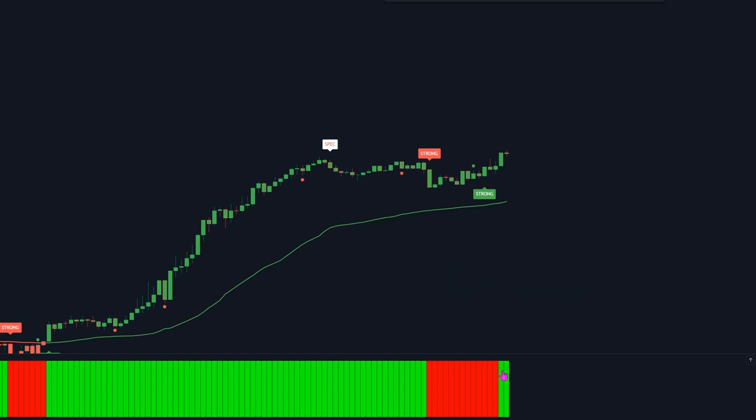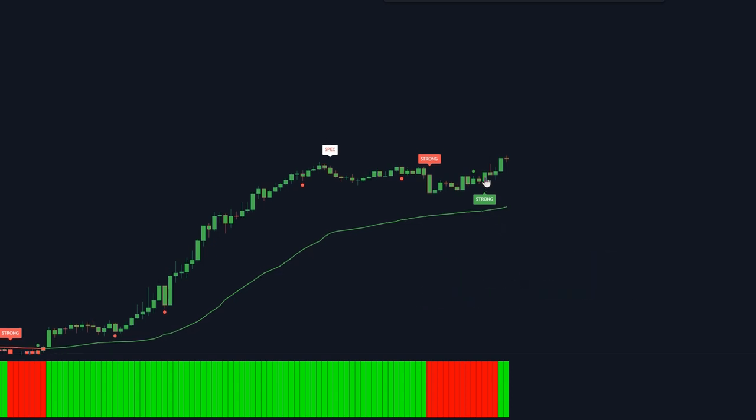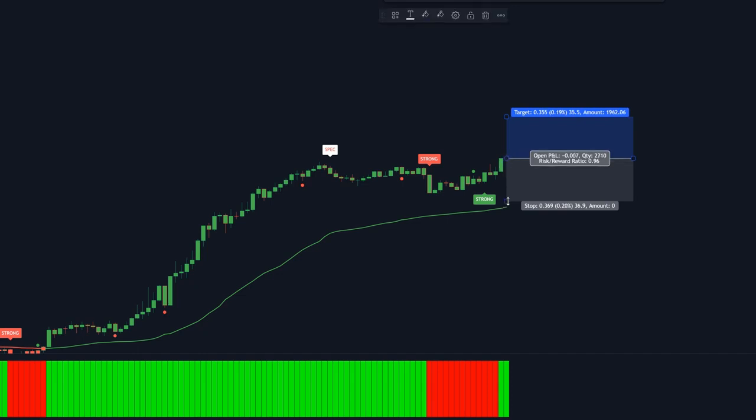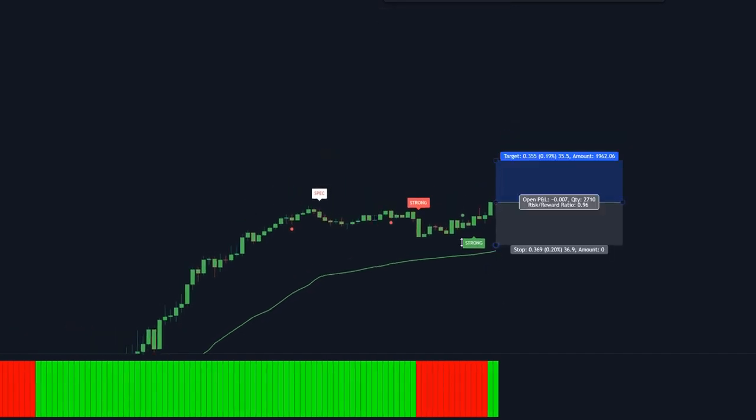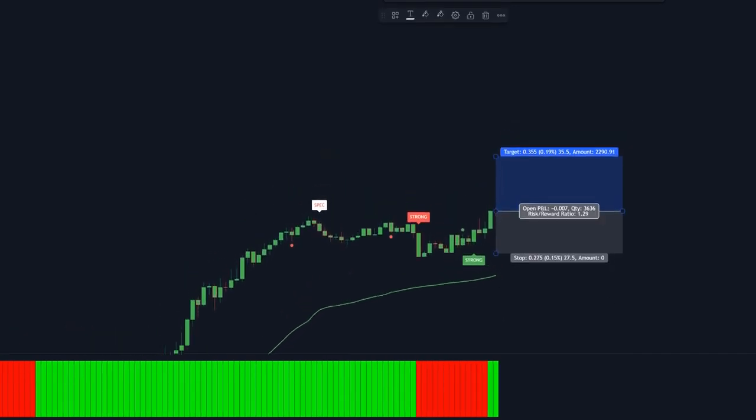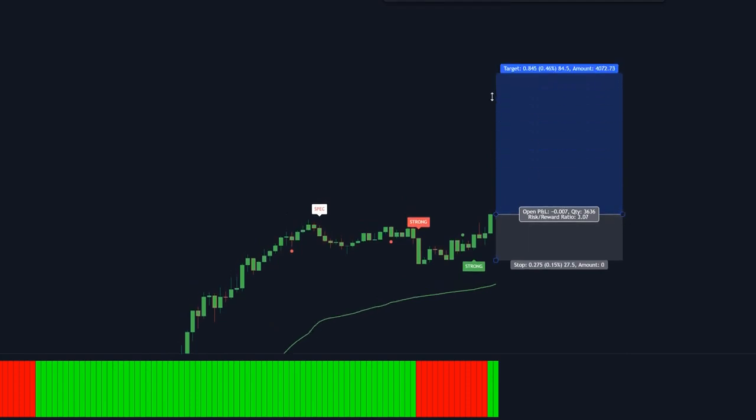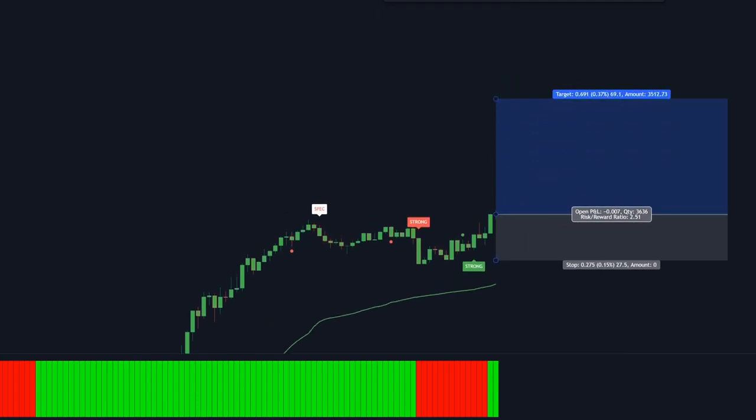So in this trade example, this is not going to be the entry candle. Instead, the entry is going to happen on the first green bar of the Duncan trend. And that is this candle right here. So we enter our long position. We're going to set our stop loss above the most recent swing low. And for the take profit, we're going to set it at 2.5 times the risk. We let the trade run